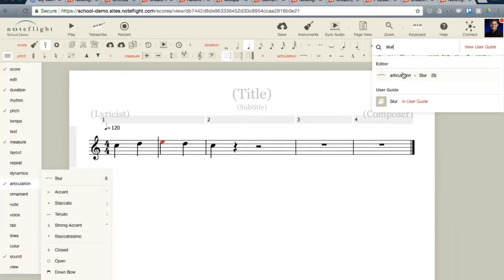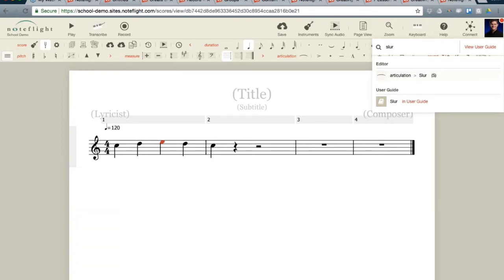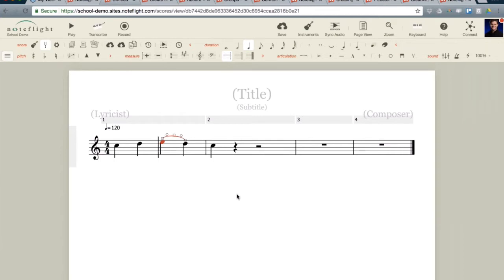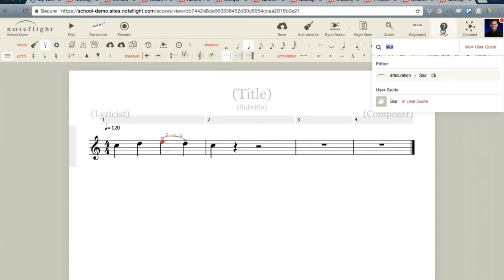I can search slur, and we actually show you in the editor on the left, you see it popped up, where slur is. Or you could just click it right here, and we'll apply the slur to the object you selected. So I refer to this as the put your hand down button, because when I teach classes of students and they say, Mr. Malinza, how do I say, have you searched the Help menu, and that hand just slowly goes down. And so it's now a rule that you have to search the help before you ask me how